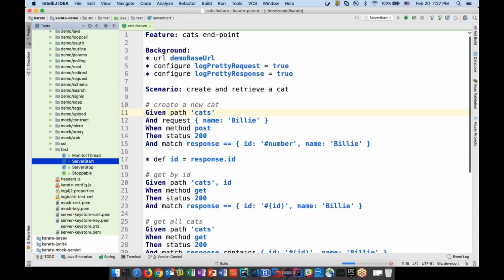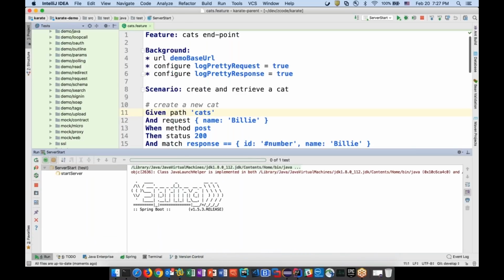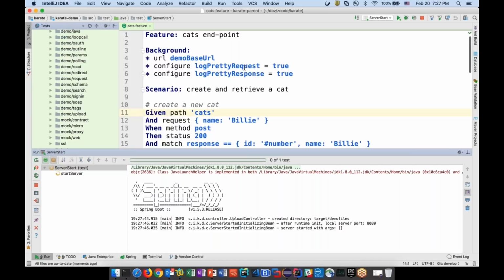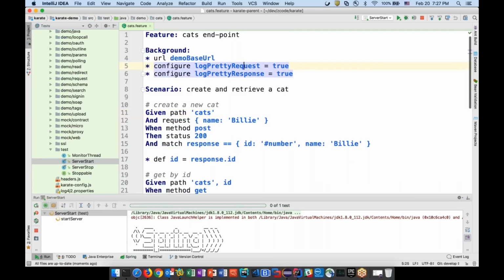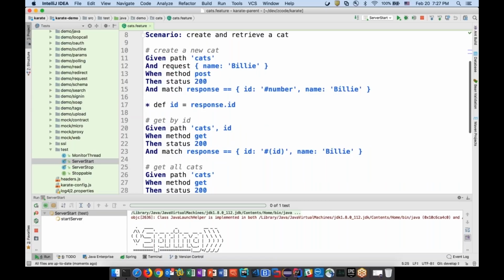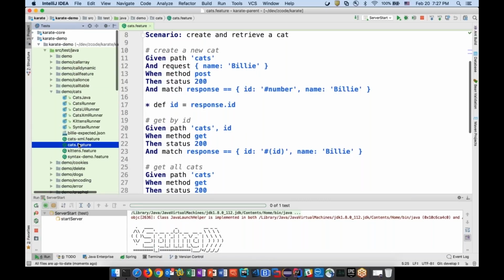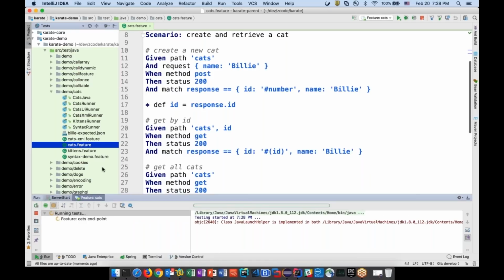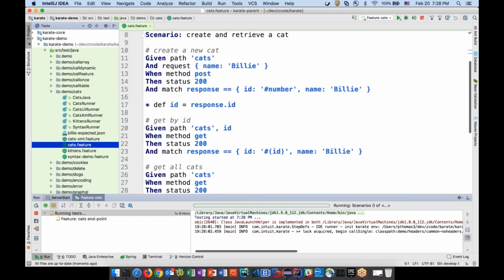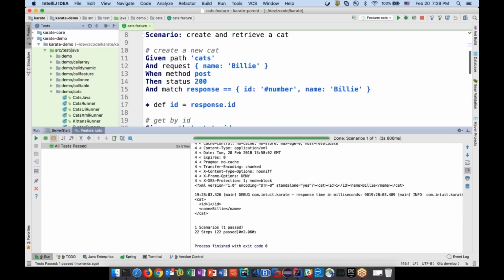And what I'm going to do is demonstrate. Let me first start a server. And remember, this is not a karate server or anything. This is just a demo server which I'm going to use for running tests. So this is a Spring Boot application. I'm just bringing it up on port 8080. It started, and here's the great thing about karate. Because of the built-in Cucumber support, I can actually right-click on this test